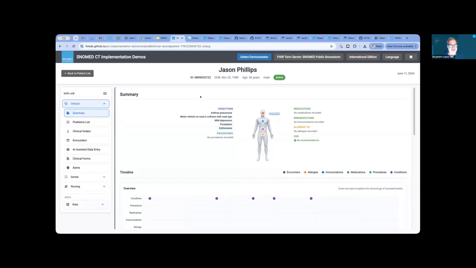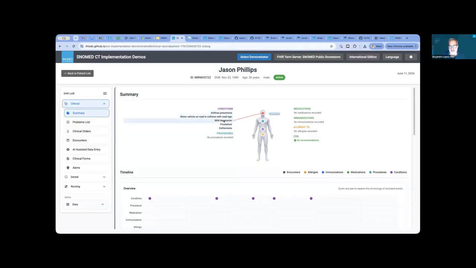So this is how an EHR could look, and this is how our very early SNOMED users can be inspired to say, okay, I could develop something like this, or I can do something with my providers, show them and say, why don't you show me information in this way?